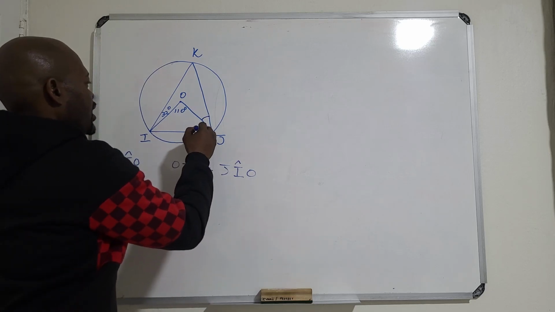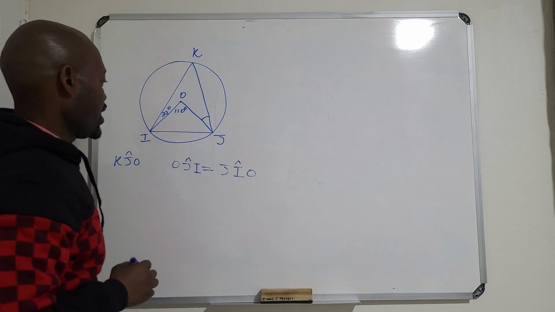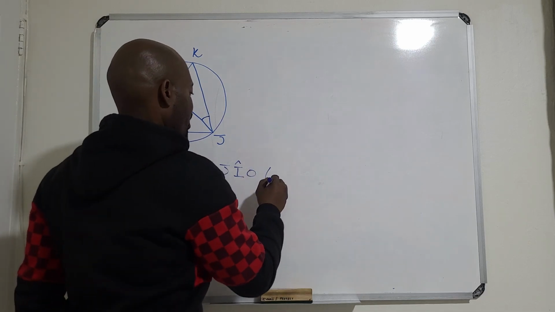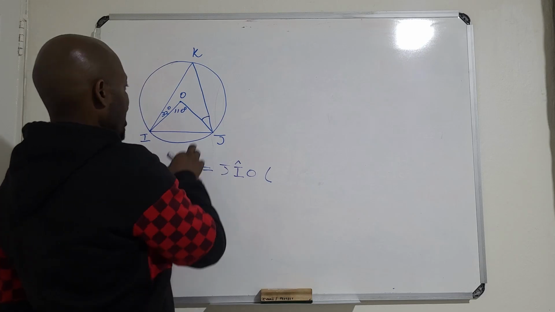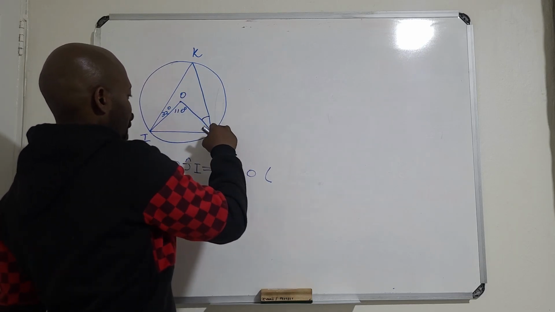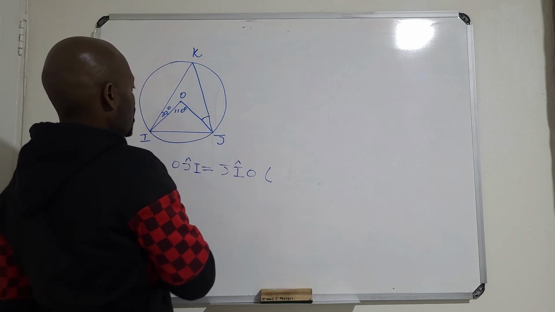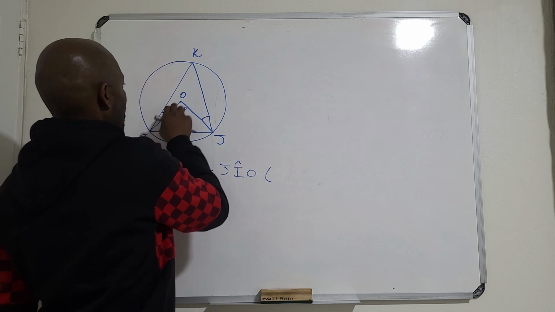Therefore, this angle is equal to that angle there. That's what we mean here. The reason for us saying that this angle is equal to that, which is angle OJI equals angle JIO,